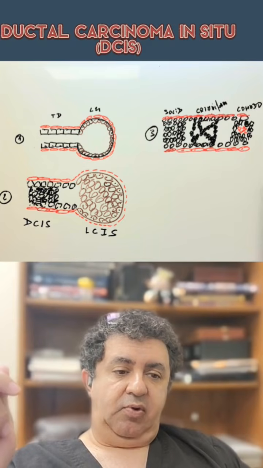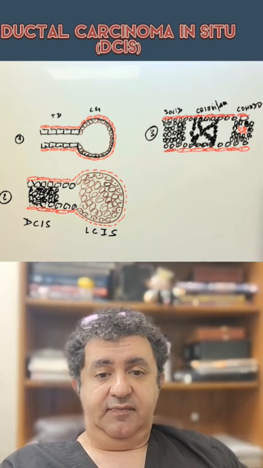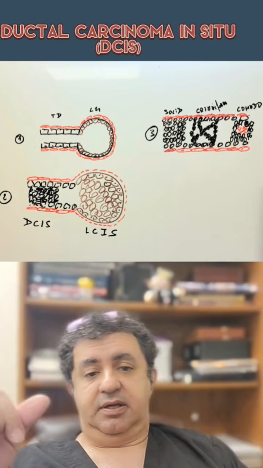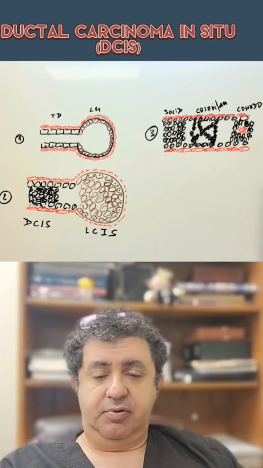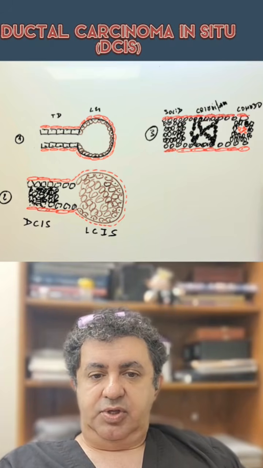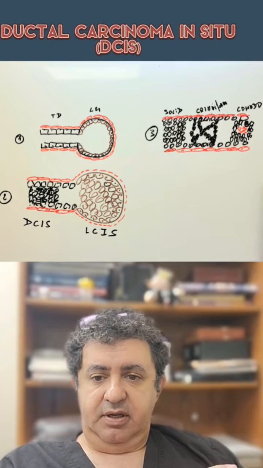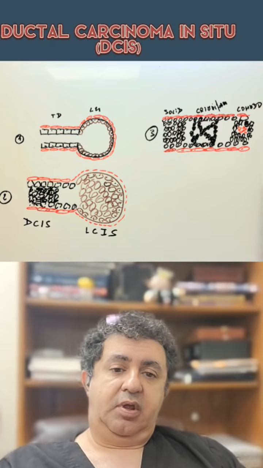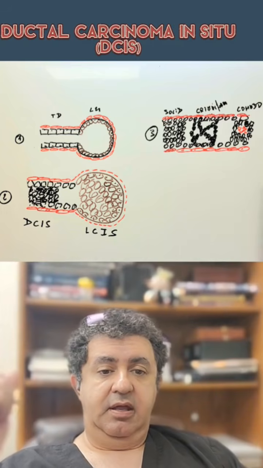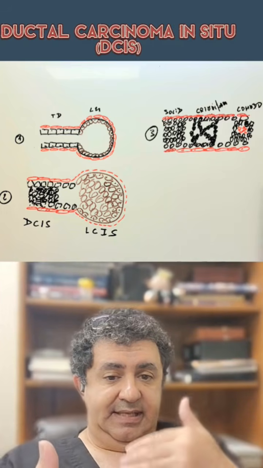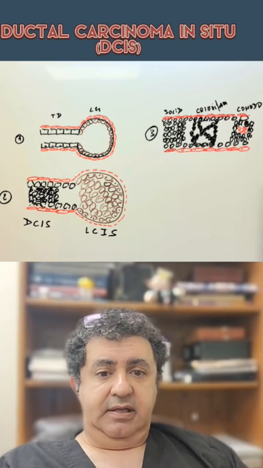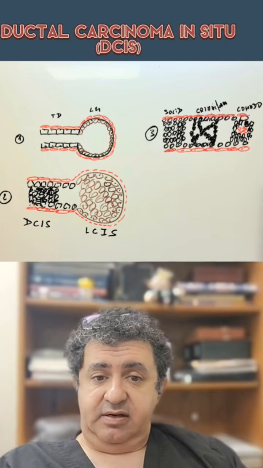So we already spoke about the functional unit of the breast, like in this picture, okay, figure 1, and this is going to be the terminal duct and the lobular unit. And because we're going to be talking about mammary carcinoma, we now know that this malignancy originates from the functioning epithelium of the terminal duct lobular unit. So if the tumor arises from the terminal duct, okay, and grows inside the duct without invading outside into the stroma, in other words, the myoepithelial cell layers are preserved around the tumor,